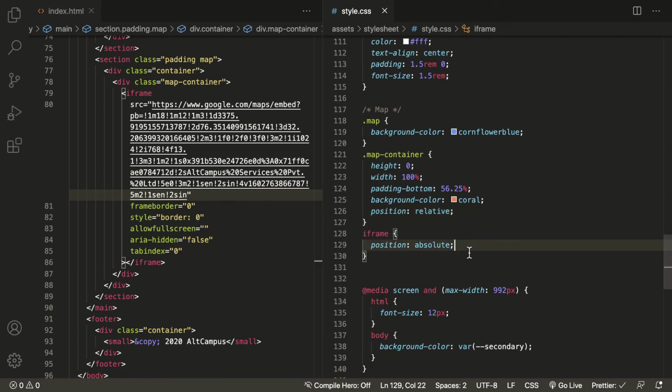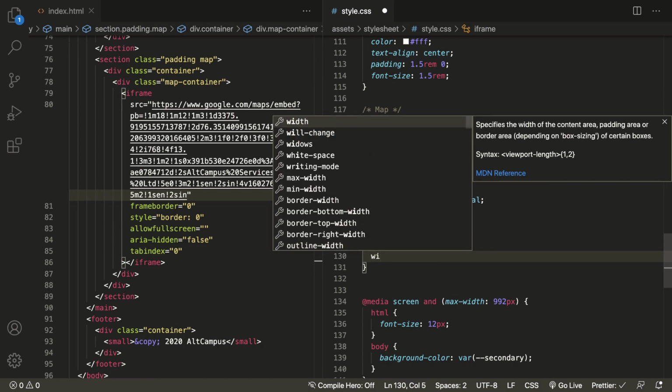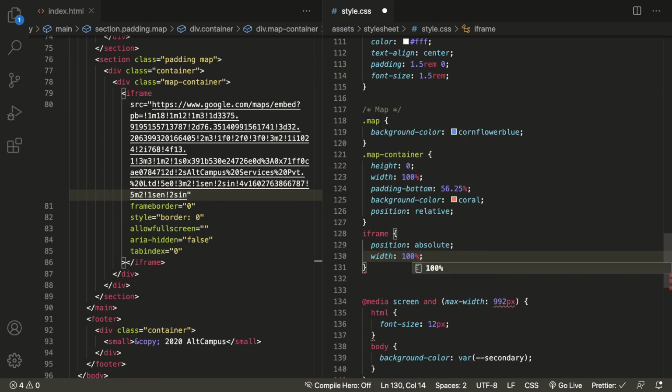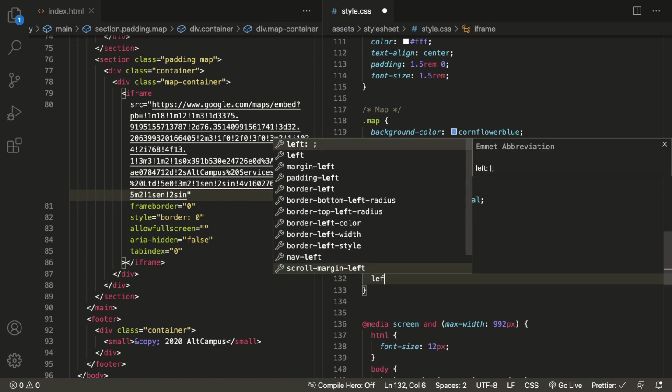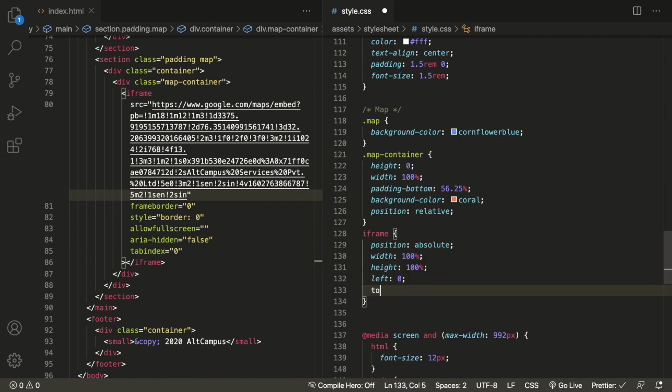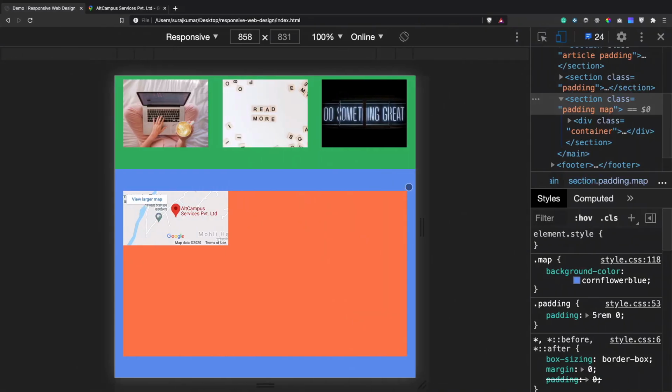Now we will say to this iframe width of 100% obviously, and height also 100%, so that it takes its width according to this container, and we'll say left 0 and top 0. Now save this, then give it a refresh here.